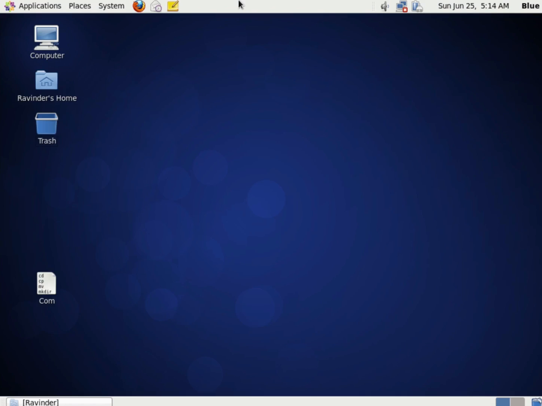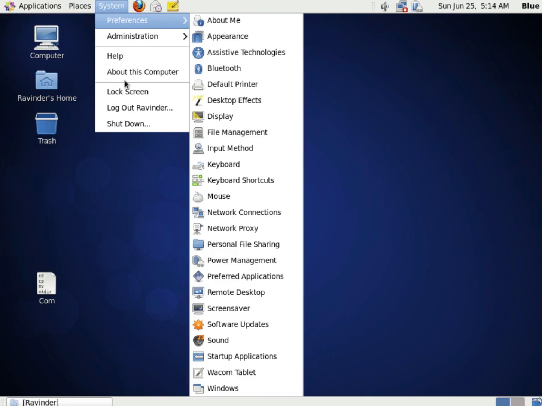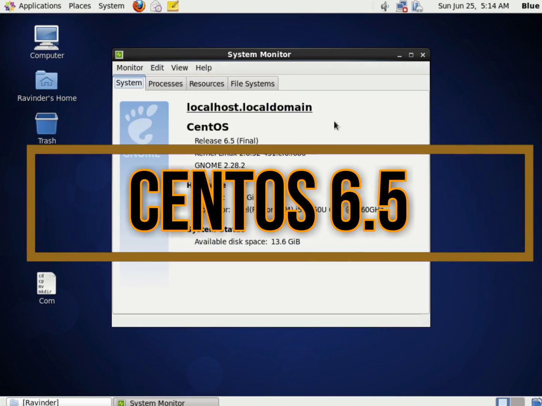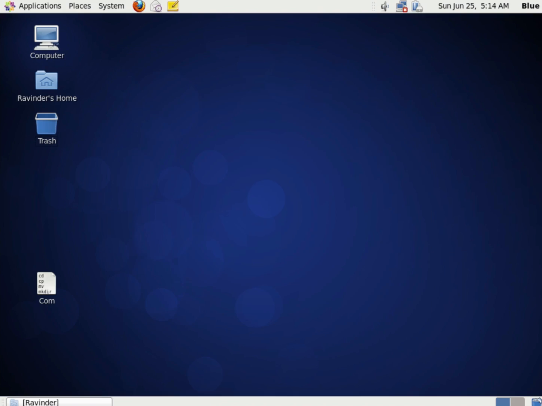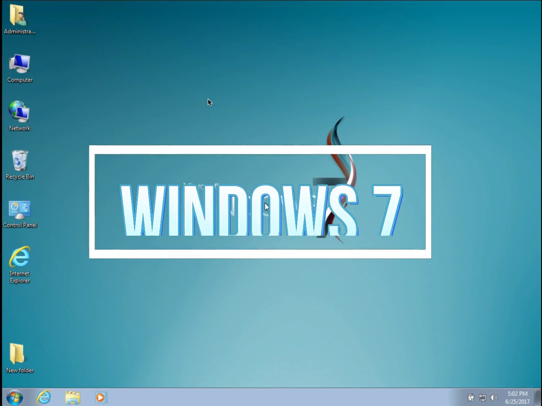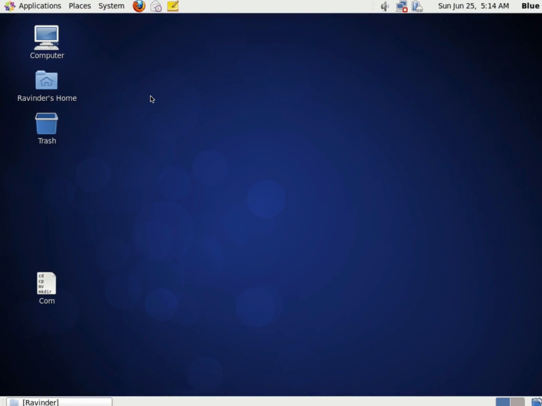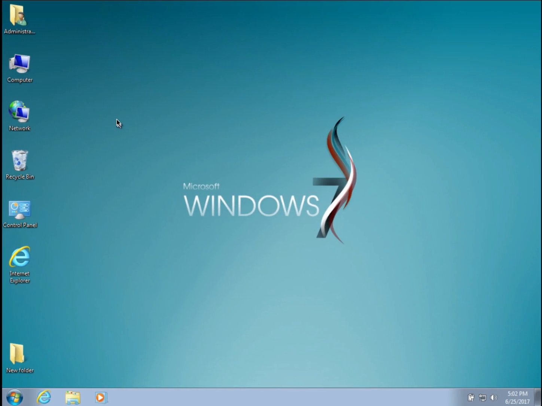And let's start with the basic interface. Let me first tell you the operating system I'm using right now. I'm using CentOS 6.5, which is a Linux based operating system. And on the other side we have Windows 7 side by side. We'll show you the basic commands and we'll also show the similar operation that we used to perform on Windows. So in order to make it easy for you to understand the command,